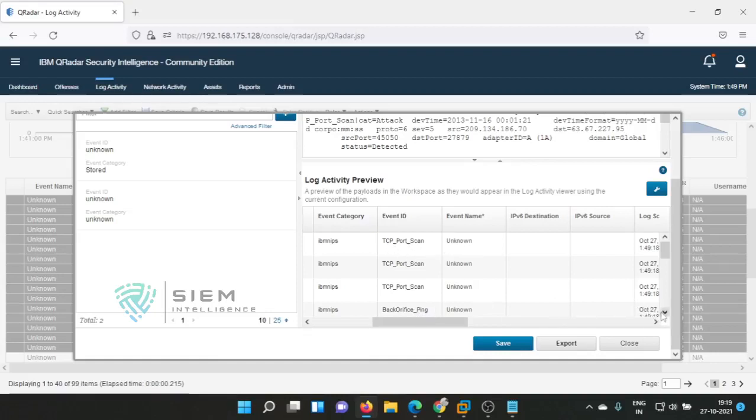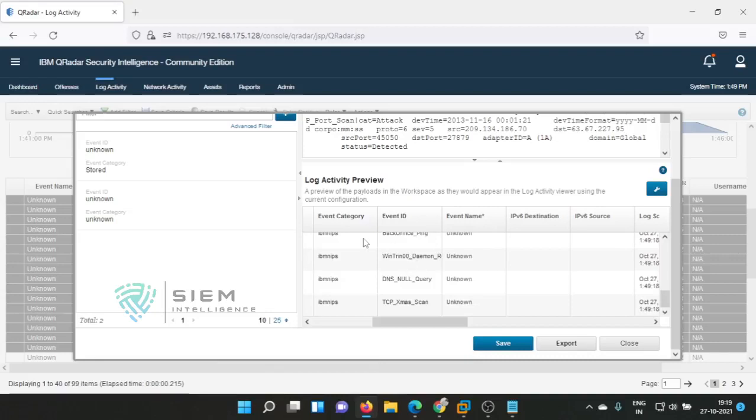And see, there's an event ID back orifice ping and category IP, so I can consider this a win trin00 daemon request. Like that I can use TCP Xmas Christmas scan detected, DNS null query detected. Like that I'll create the event names.